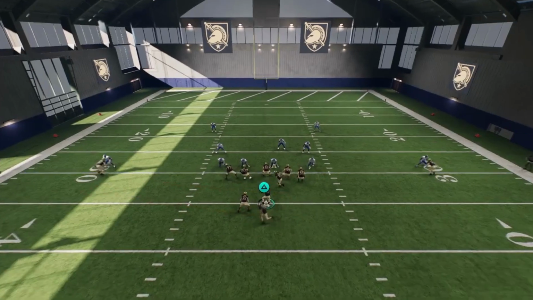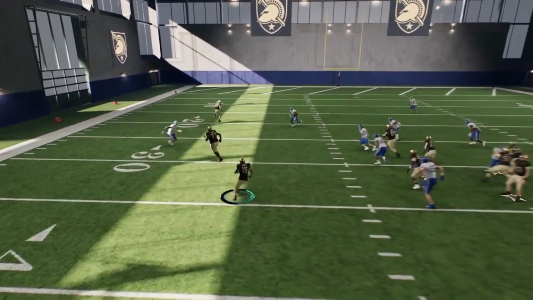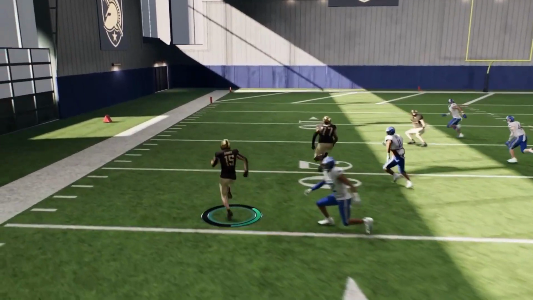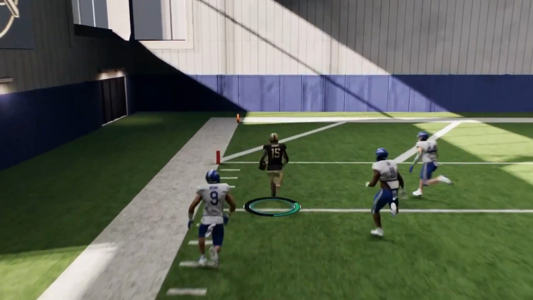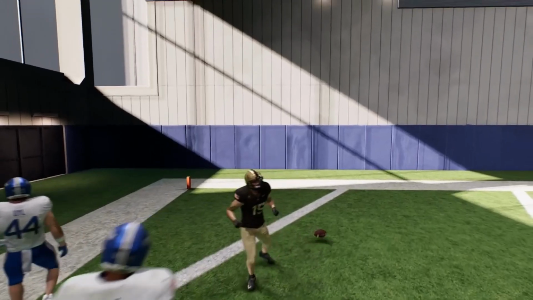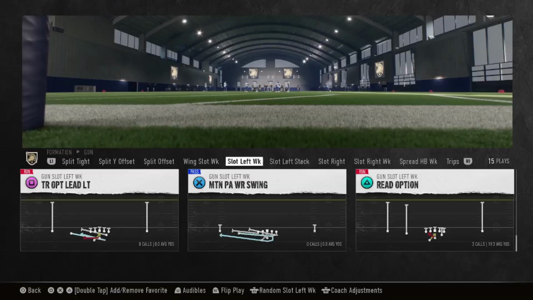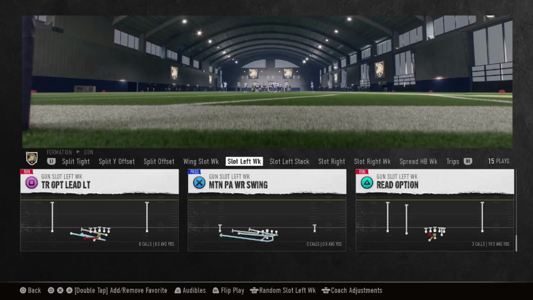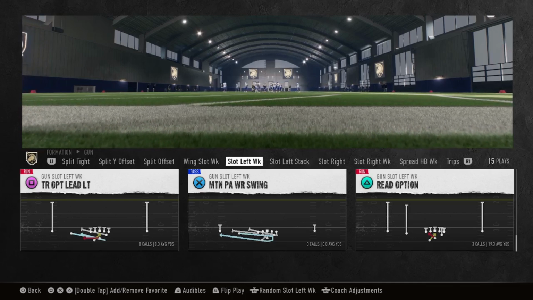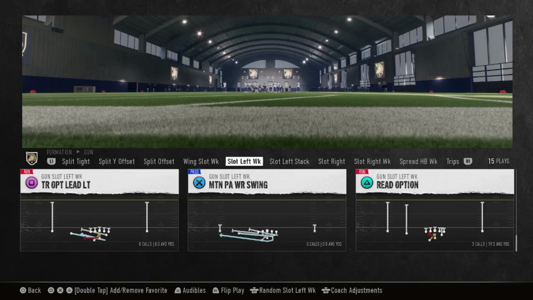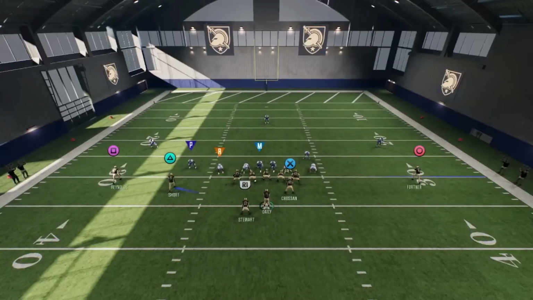Now, of course, the only option you have is to throw it to this receiver. That's why I said you only really have that one time to run it, unless your opponent just does not catch on to it. But you can run it multiple times a game if you want to. Then if you notice he starts to catch on, you can just go ahead and switch the play to the triple option lead left, and it's literally the same motion, but now it's just an